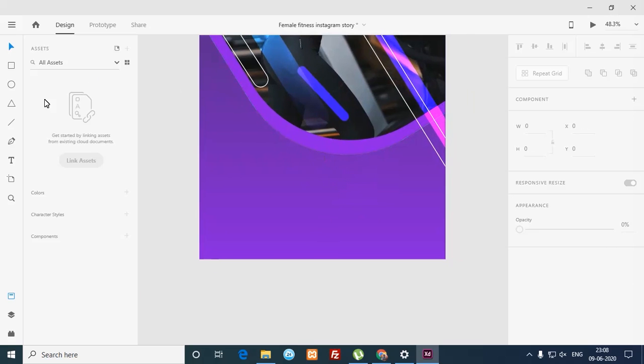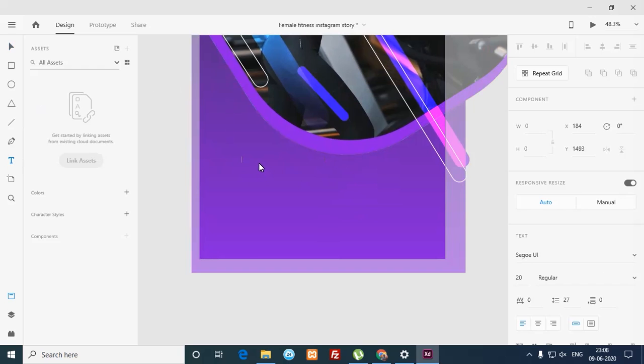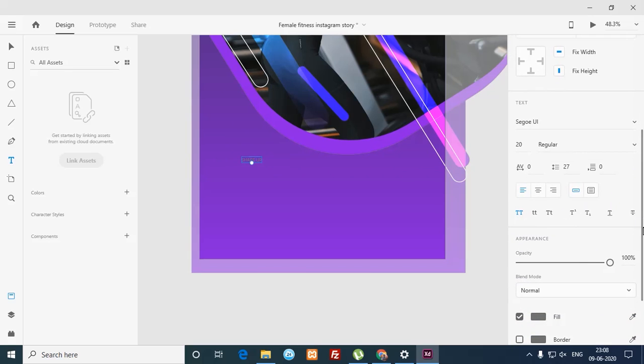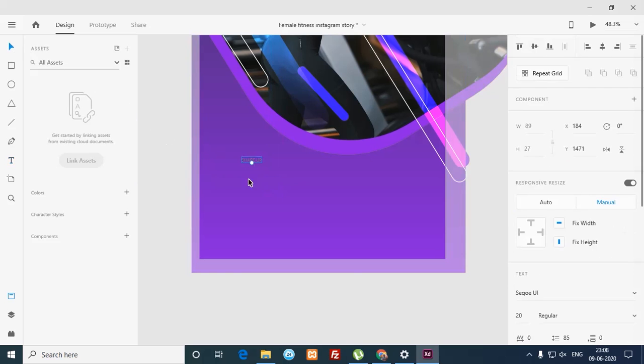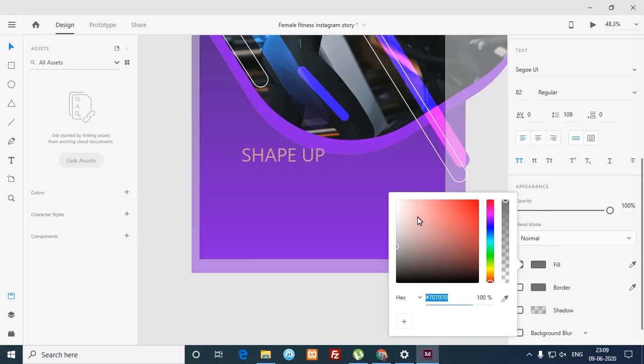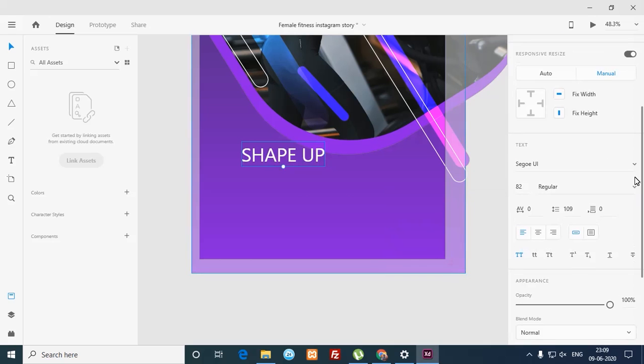Now type the actual content. Take text tool, type, make it caps, increase the size, increase font size, change font color to white, make it little bolder, so choose bold. Okay,